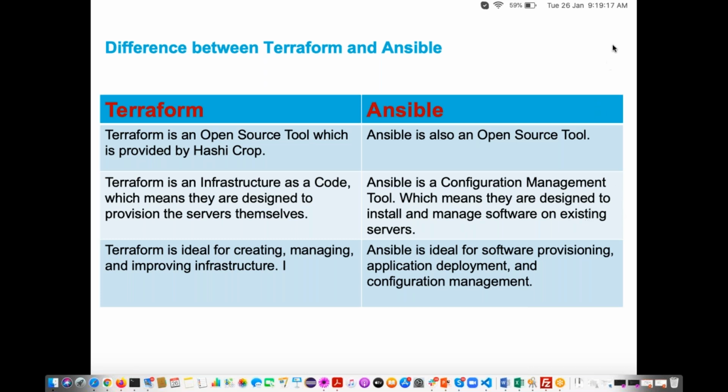To install, update, or uninstall software, we use Ansible. Before Ansible came to the market, Linux administrators managed servers manually.